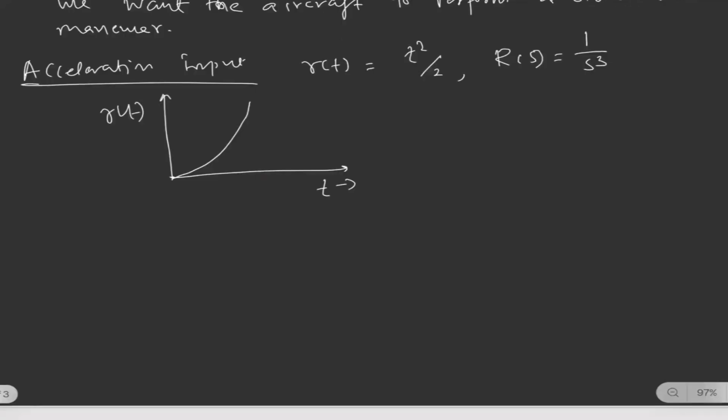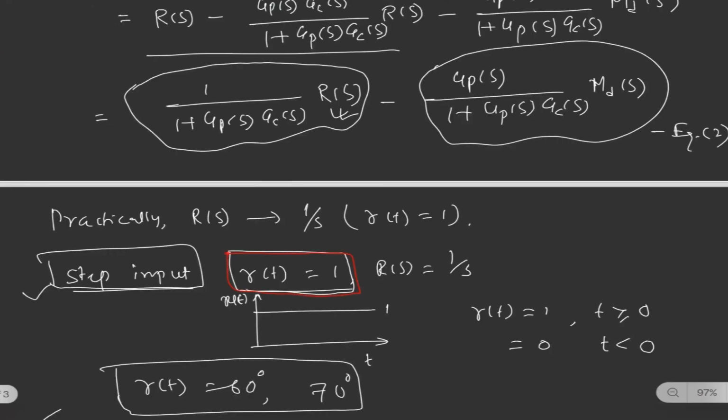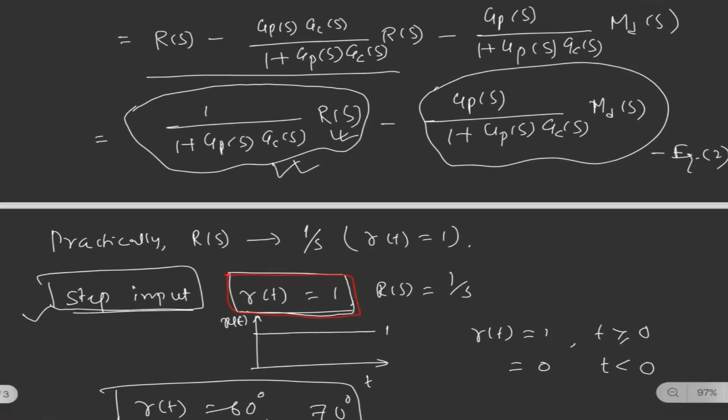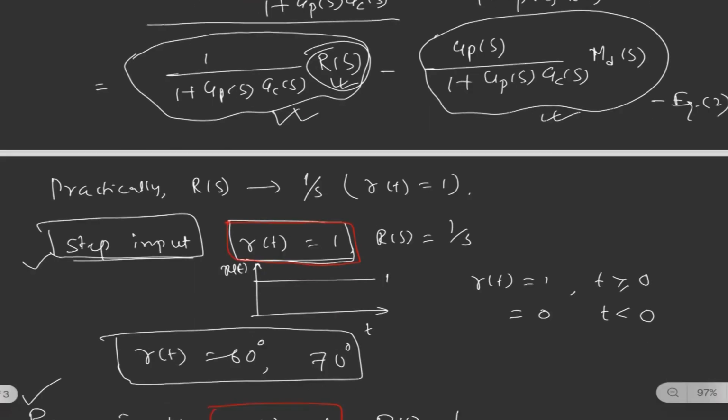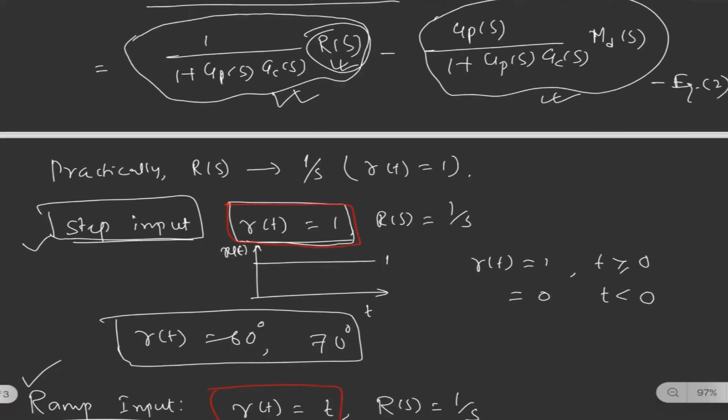Before we move to that part, let me discuss the type of the system, because this is very important. How can we define the type of the system? Based on the type of the system, we can choose what kind of test signal we should use as a reference input for the controller design. We'll be using this first term since we are going to work on the reference signal. So this part we'll be taking later. For the time being, we'll consider,